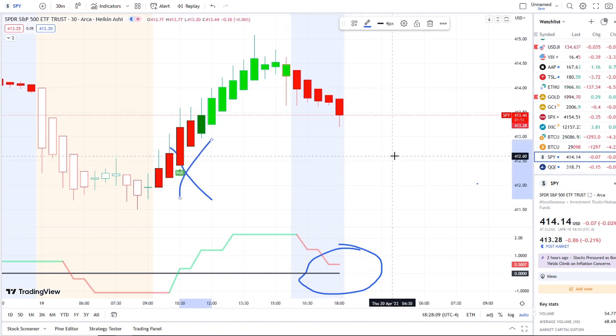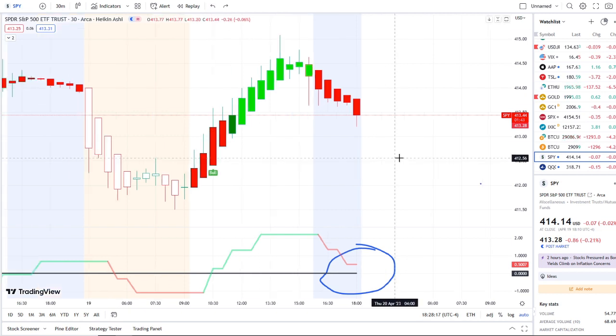This is crucial. This is critical. These are the levels I'm watching to the upside and to the downside. I'm going to watch these inflows versus outflows very carefully and the bull and bear